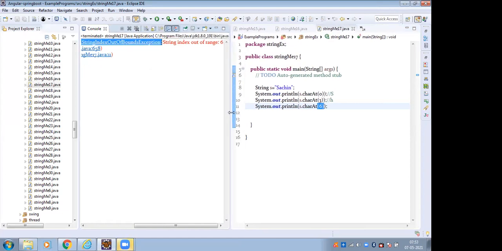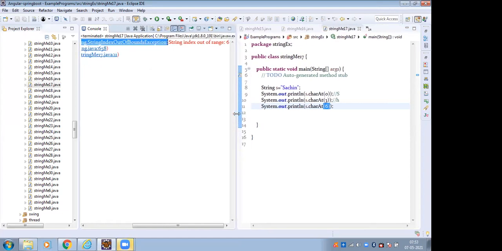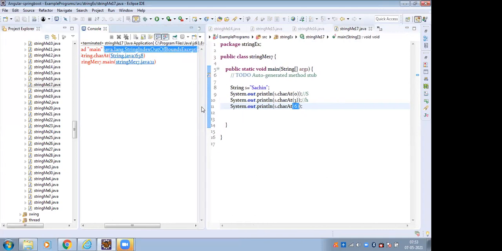String index out of range: 6 is printed here. This is our StringIndexOutOfBoundsException. If it exceeds the limit, it prints the StringIndexOutOfBoundsException.